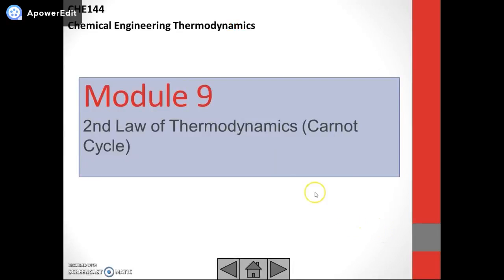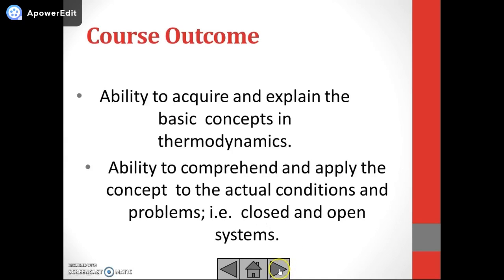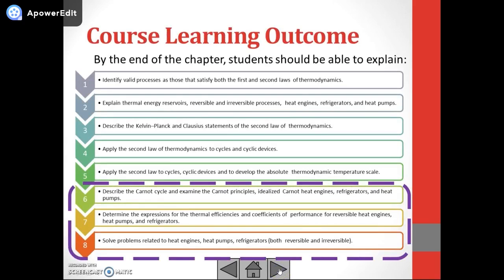Okay, Module 9 is about the second law of thermodynamics. We will cover the Carnot cycle for this module. Okay, we have the same course outcome. By the end of this module, students should be able to explain, to describe the Carnot cycle and examine the